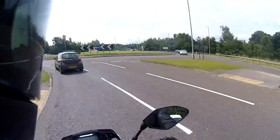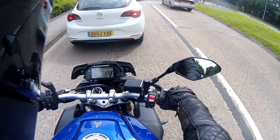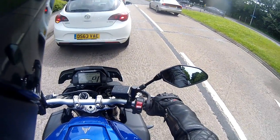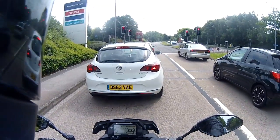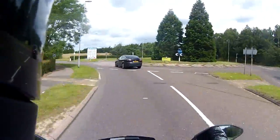The finish on it is not that great as well, on the end of the cables and stuff. It's just some exposed bits that I don't think should be. I don't know if that's because someone's tinkered with it and not put it back properly, or what the crack is there. It doesn't feel as